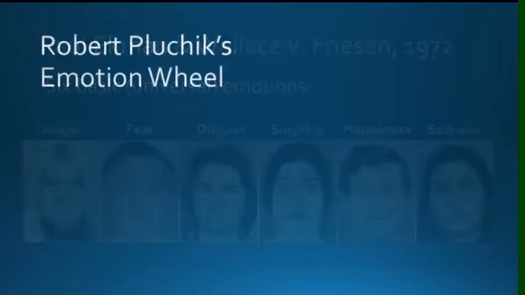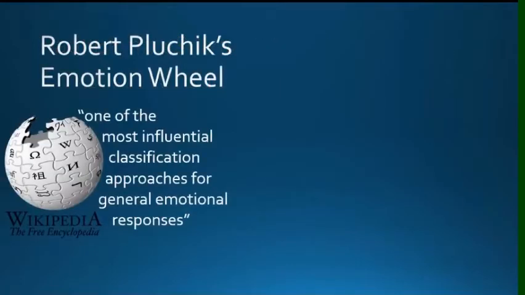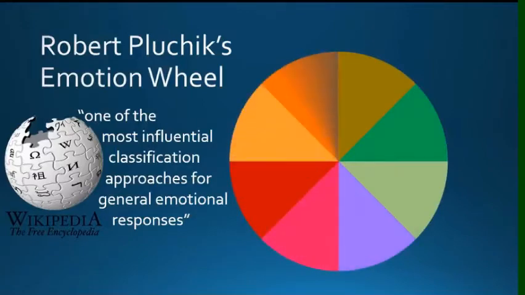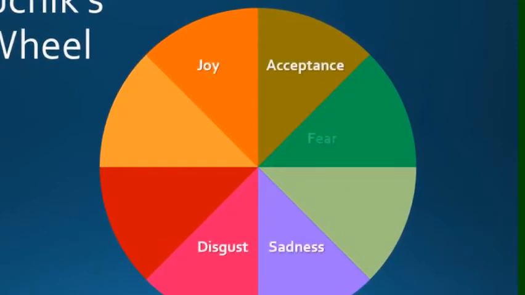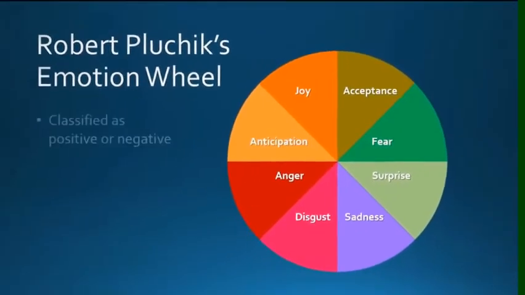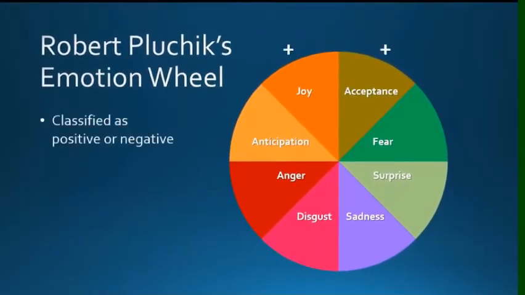Dr. Robert Plutchik, who Wikipedia credits as the developer of one of the most influential classification approaches for general emotional responses, created the emotion wheel, listing 8 basic emotions. You can think of these emotions as 4 parts of opposites: joy and sadness, acceptance and disgust, fear and anger, and surprise and anticipation. He also classified them as positive, joy, acceptance, anticipation, and surprise, or negative, anger, fear, disgust,